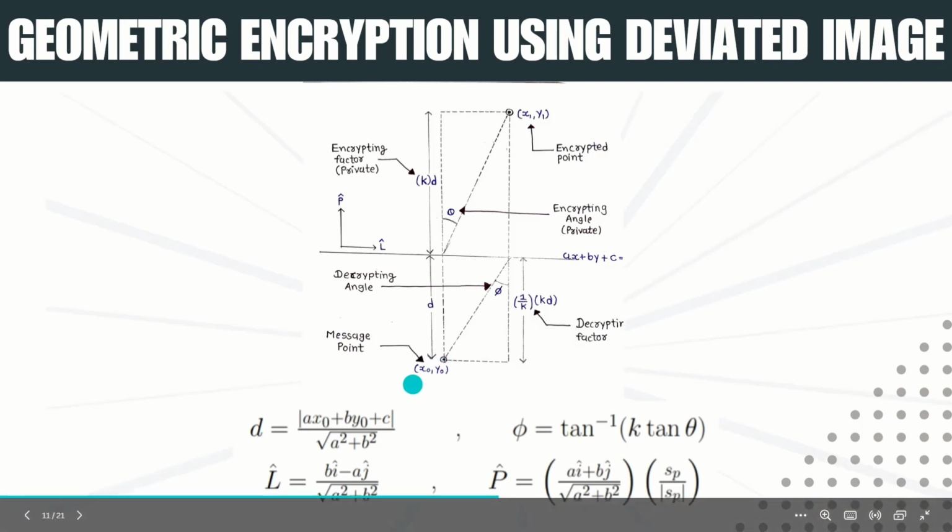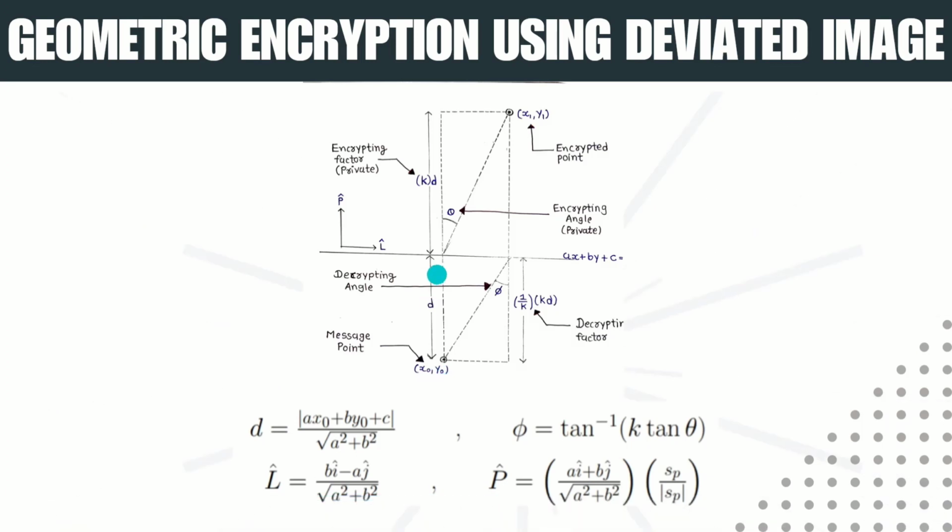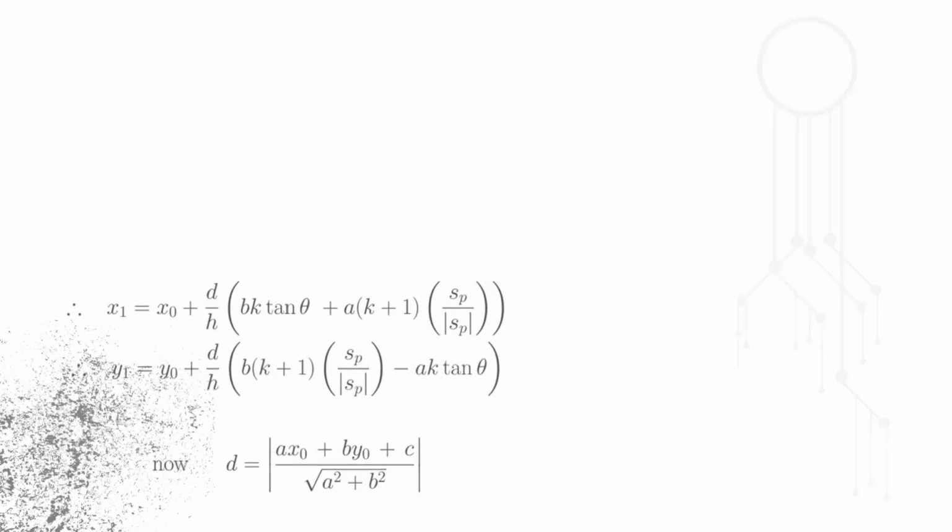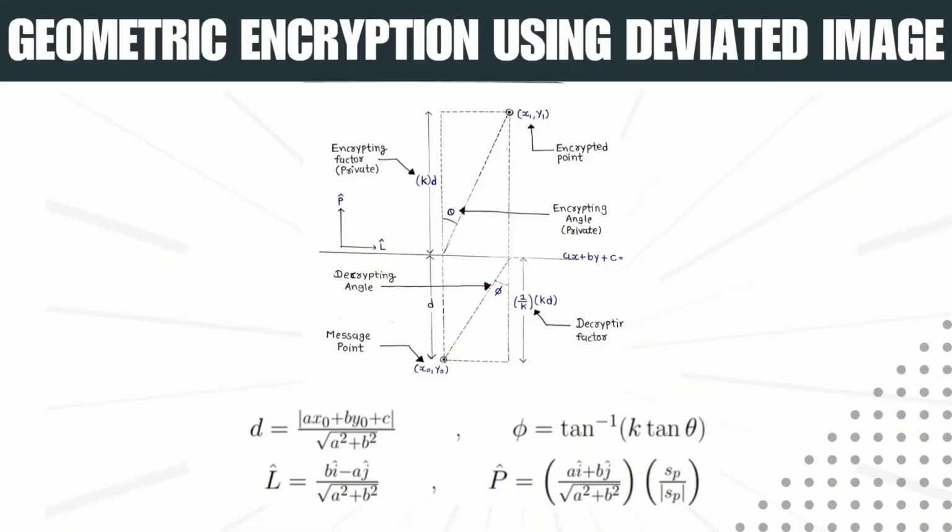So as you put this value x0, y0 in this encrypting function, you will get an image, as I mentioned, x1, y1. Now you give me this coordinate x1, y1. Assume there is tapping in the line, so there is some intruder who is constantly tapping our conversation. So now what will he have? He'll have two things in his hand. The first thing is the encrypting function, and the second thing is the image point.